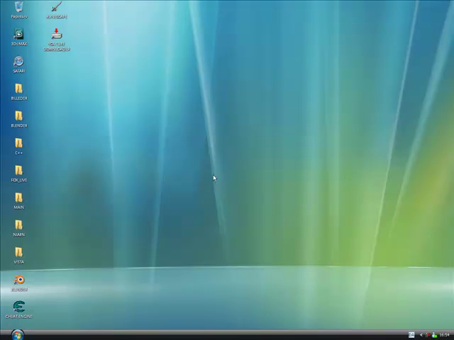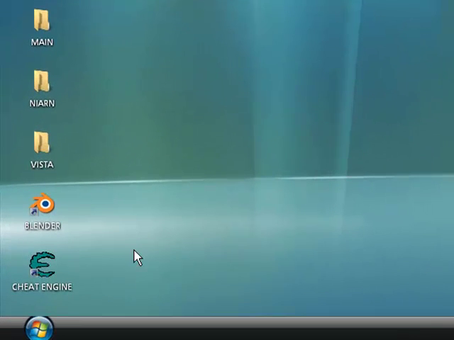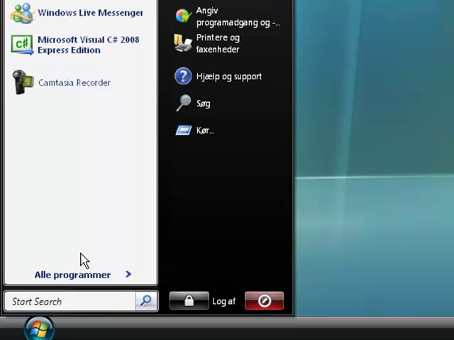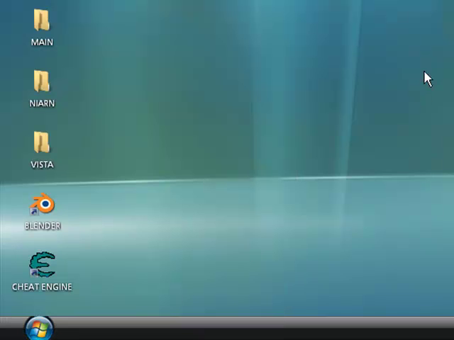Hello and welcome to my tutorial on how to get rid of your old broken Windows XP and get a nice looking Windows Vista. As you see, I'm currently using it right now. I have the start menu right here, and it's like